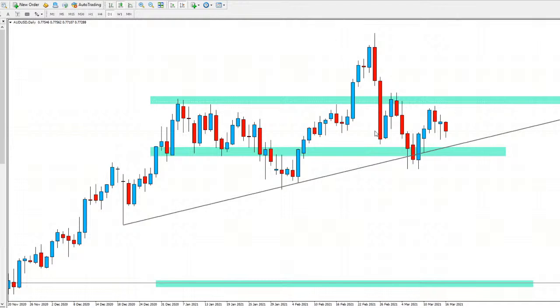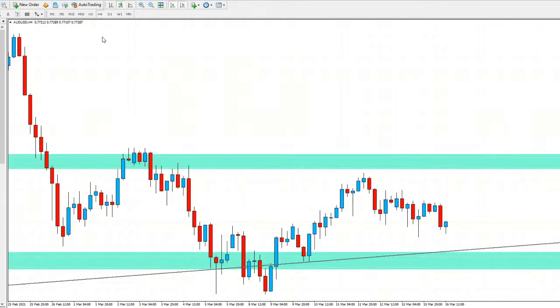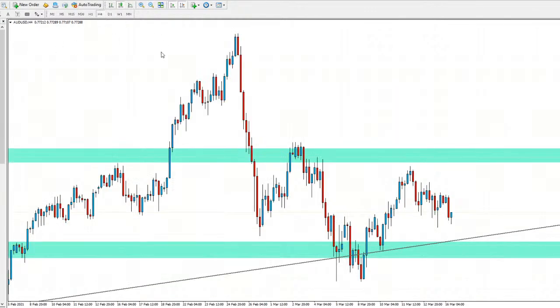But right now, overall, it's a bit choppy for ADUSD, so we're kind of trading between those two ranges for this pair. So we could see price maybe fall back to the downside again, come test that support, maybe look to go and break it. But right now, it's very unclear for me, so I'm not too sure which way this could go. Probably waiting to see a break of one of those levels, and then look to capitalize on that move in